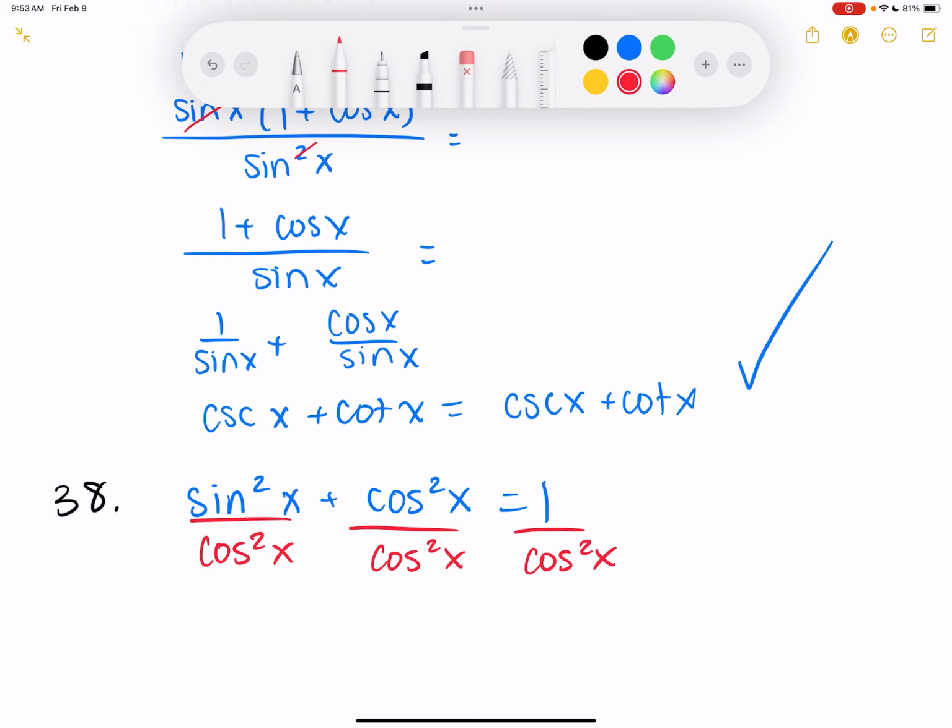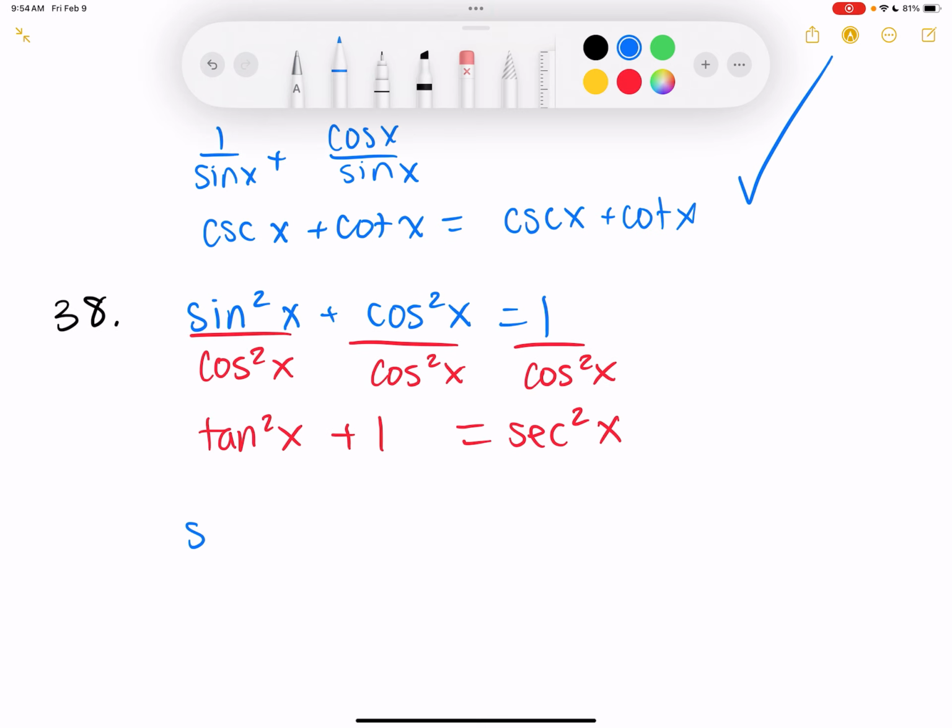sine squared over cosine squared is? Tangent squared. What's cosine squared over cosine squared? What's 1 over cosine squared? Secant squared. And that's your second identity. It's just math. And then the other one, if I divide by sine squared across,